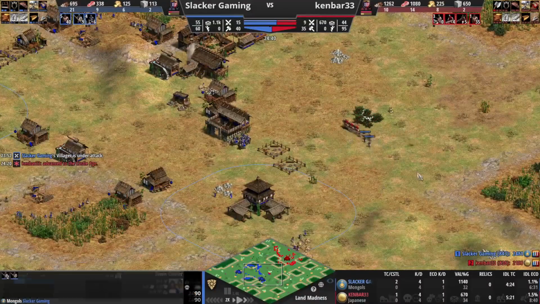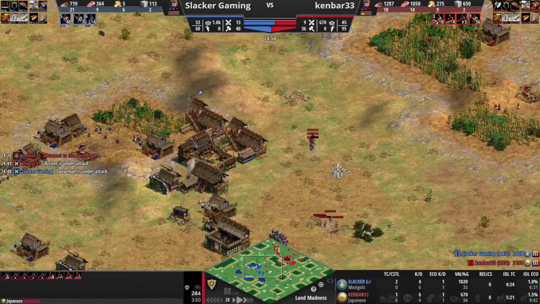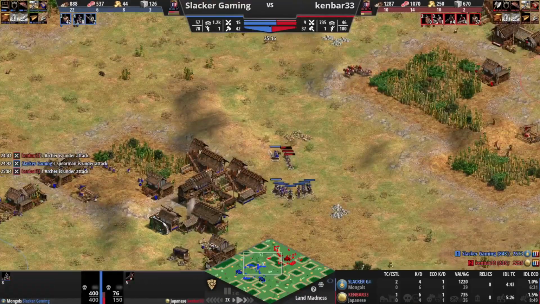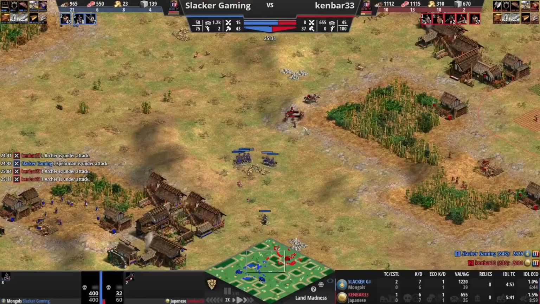Now he's in castle, which means he can start bringing out better things. Seeing what he did there. See, he took out my 2 spearmen without losing a single archer. Now we got the cav archers coming out. Now we have the advantage. Let's attack, attack, attack. But then...